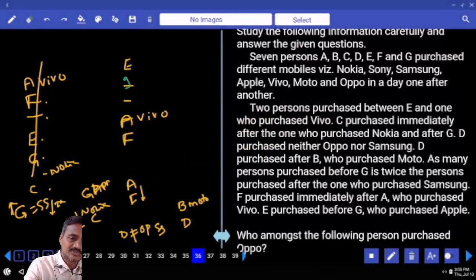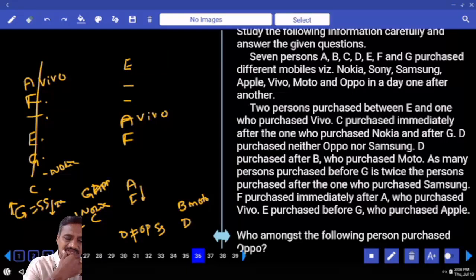Can you take G at this place? Now G is Apple. Then Nokia and C must be adjacent to each other, isn't it? And Nokia and C, is it possible? No. Hence G cannot be here. Then again,